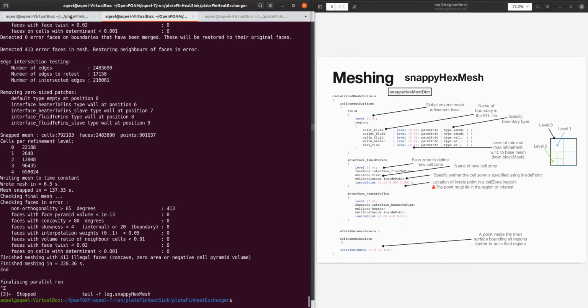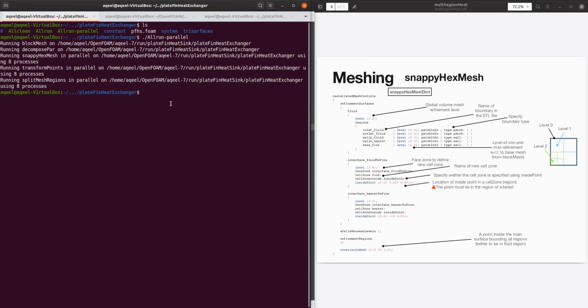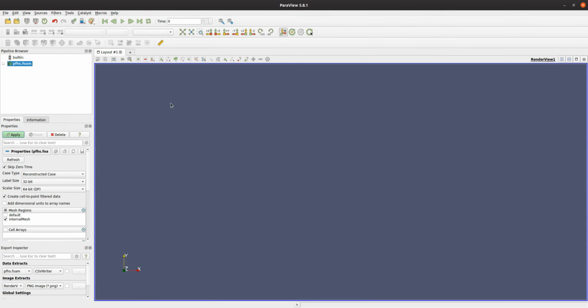We can now visualize the mesh even in parallel by using ParaView, but here I will use the decomposed case.